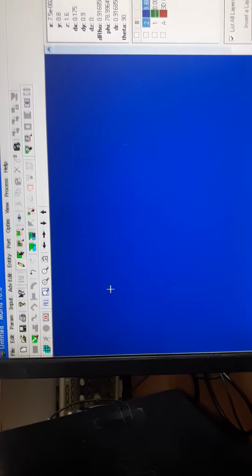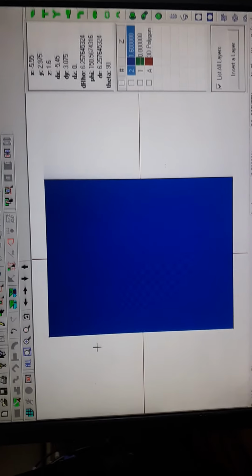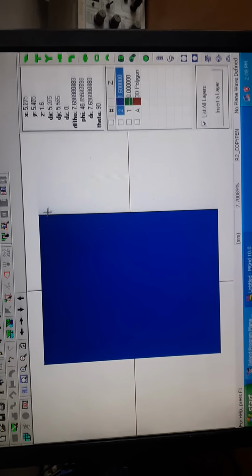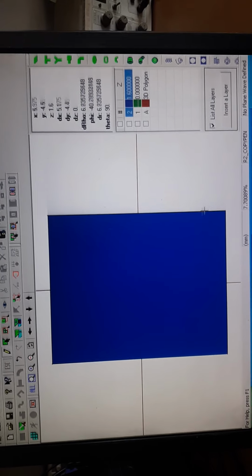You will see one rectangular patch, but it is not fully visible. Just press W on your keyboard and the whole microstrip patch structure will be shown. This one is the length of 10 millimeter and this one is the width of 12 millimeter.